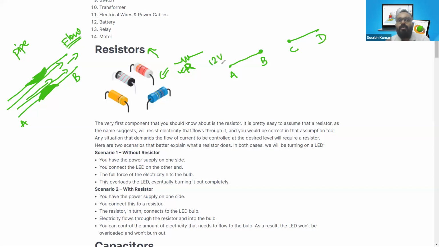Suppose we are supplying 12 volt in this wire, and if we add a resistor in this one, of any value, the value reached at point D will be less than 12 volt, right? It depends on the amount of resistance we applied in this segment. So it will be less than 12 volt, but not exactly 12 volt. It will always be less than 12 volt in total. So basically what a resistor does in our electrical circuit, the resistor controls the flow of electricity, or the potential, we can say that potential in our